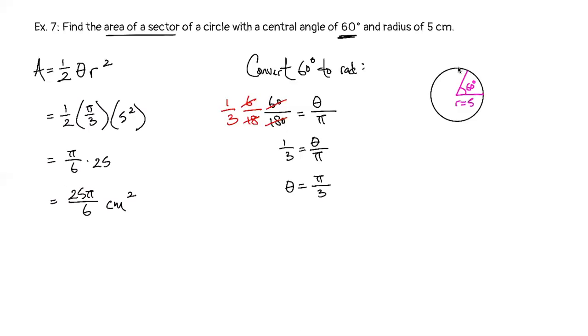And so there is my area of the sector, or area of the slice, that corresponds to a central angle of 60 degrees and a radius of 5 centimeters. Okay? So hopefully that will help you finish up the last 2 questions on the quiz, and make sure that you're looking out for, is the angle given to you in radians, and do they give you the